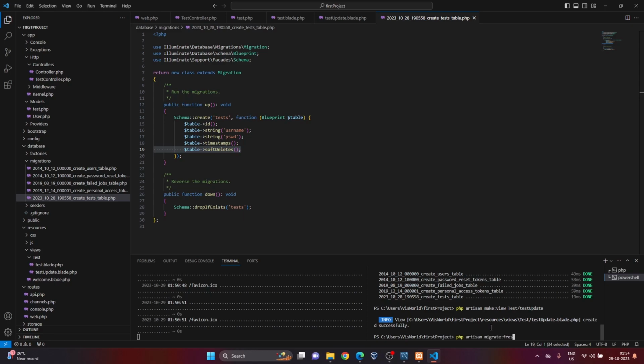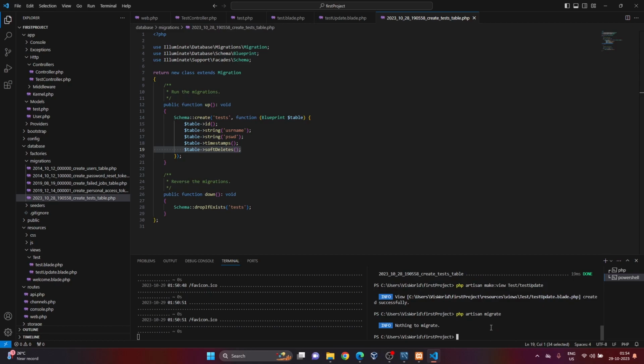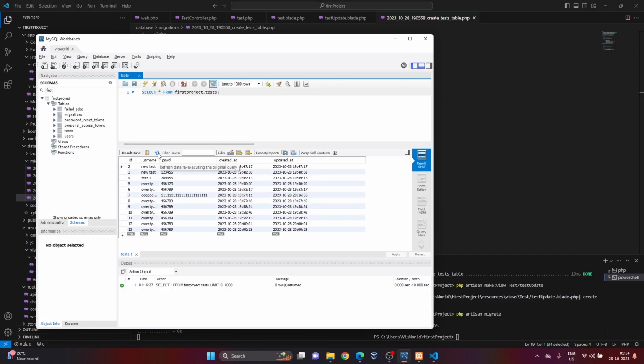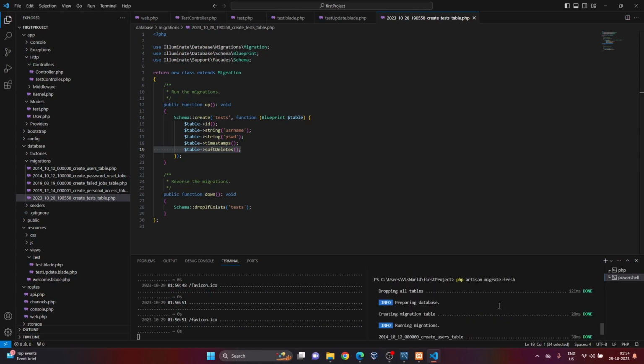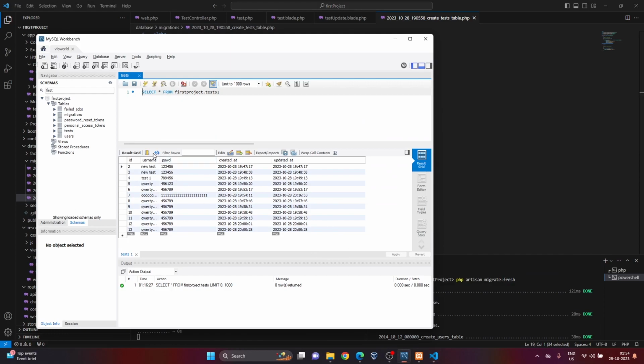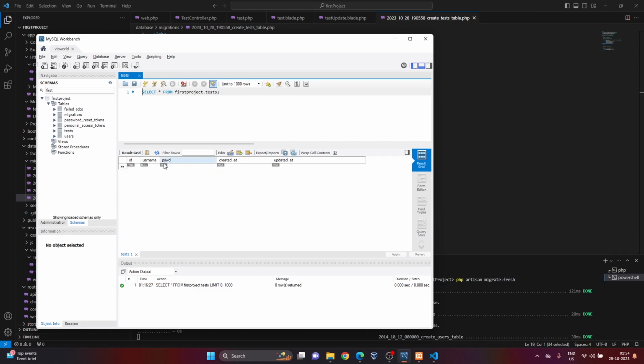Let's see, I'm going to access this and let's see what happens. See, this is the problem with migrate. Since I have created a new column, I still can't migrate because there is nothing to migrate. The current schema has already been migrated, and if I go to the database, nothing's changed. But if I go to the migrate fresh command and run it again, it will drop all the existing tables and create the tables again. So let's see. All the data is gone